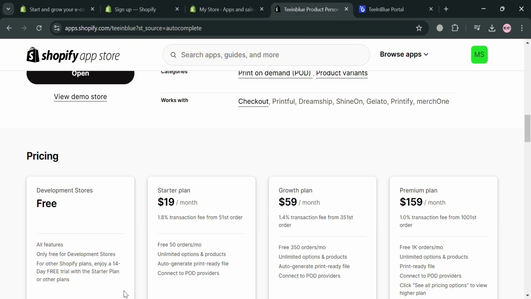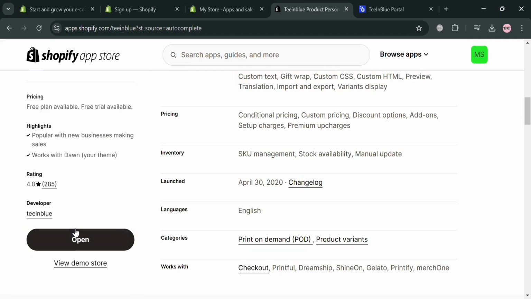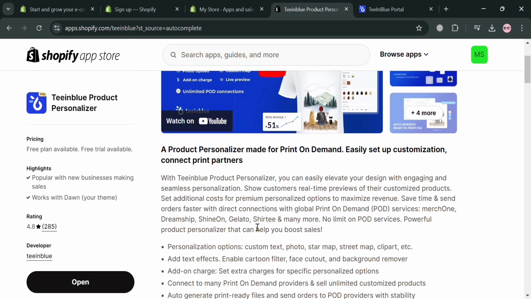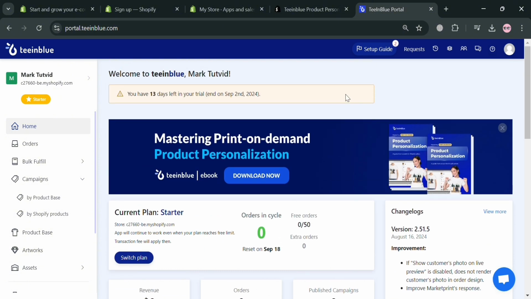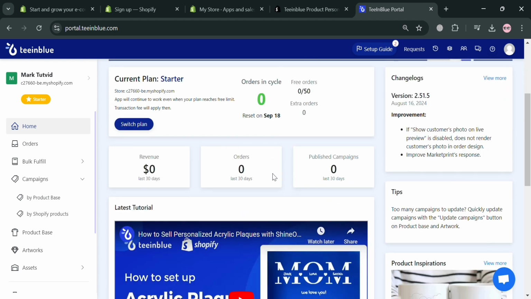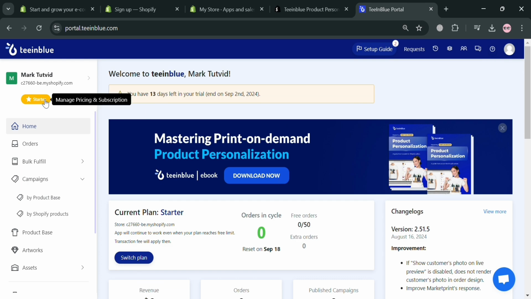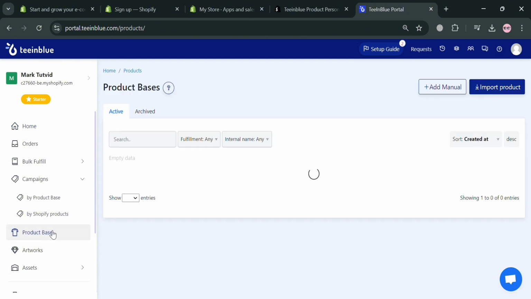But as you can see, I've already installed this application, so it currently shows the open button in here. And upon installing this, you will be directed to this page. And from here, you can now start creating custom mugs, but first navigate on the left side panel some of the options: home, orders, bulk fulfill, and many more. And now to start, the first thing that we need to do is simply go to this product-based option on